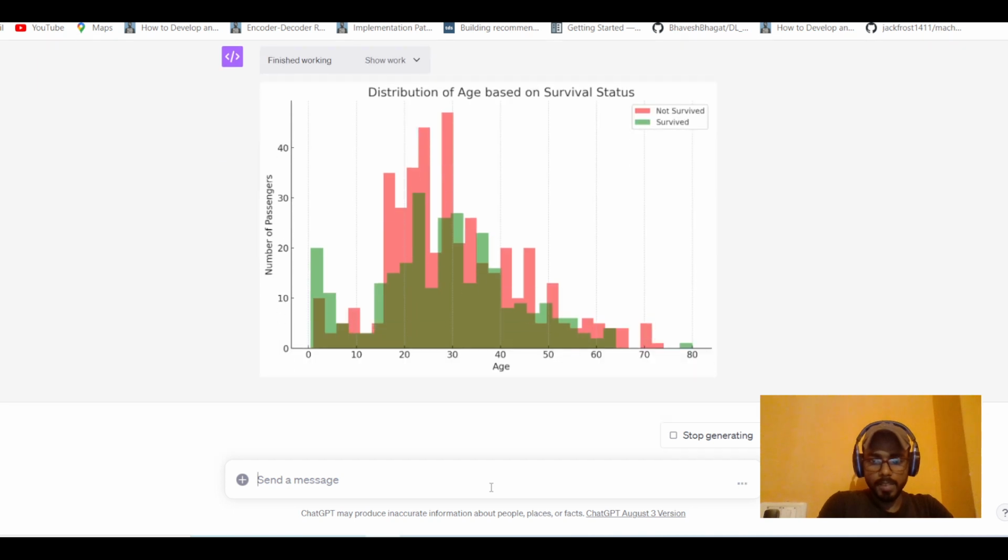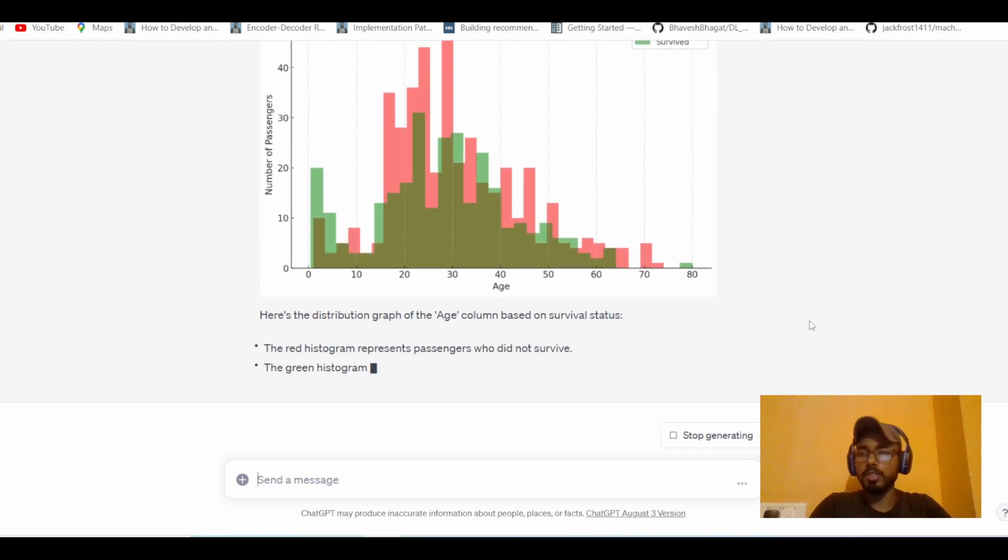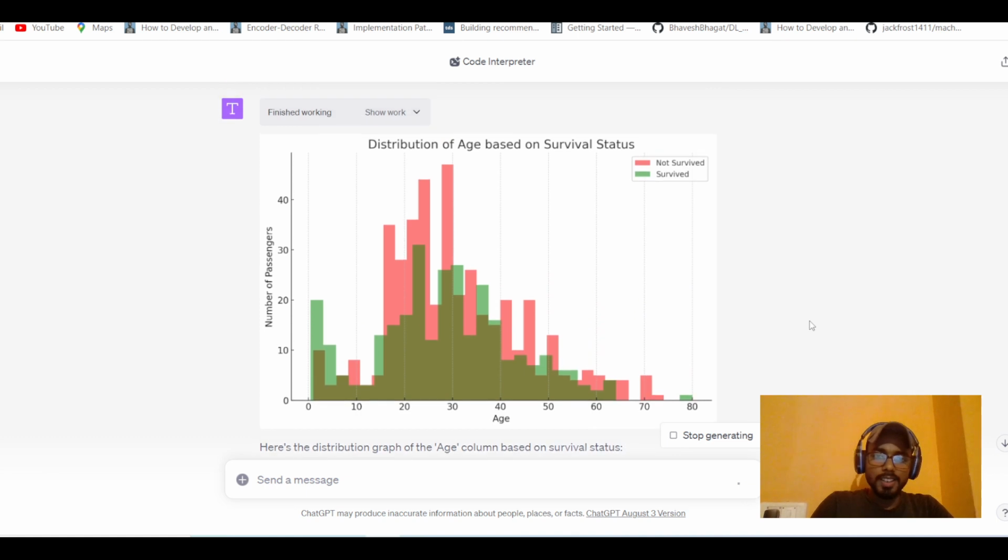So wait a minute. And this is the beauty. This is the beauty of code interpreter, right? I am very happy and I love that code interpreter. If you are a data analyst, right, and if I am laughing because it's a difficult graph, right? It's not very difficult, but it's common sense, or we can say it's of course a little bit difficult graph. And see the red color, or purple, whatever, indicates not survived, and